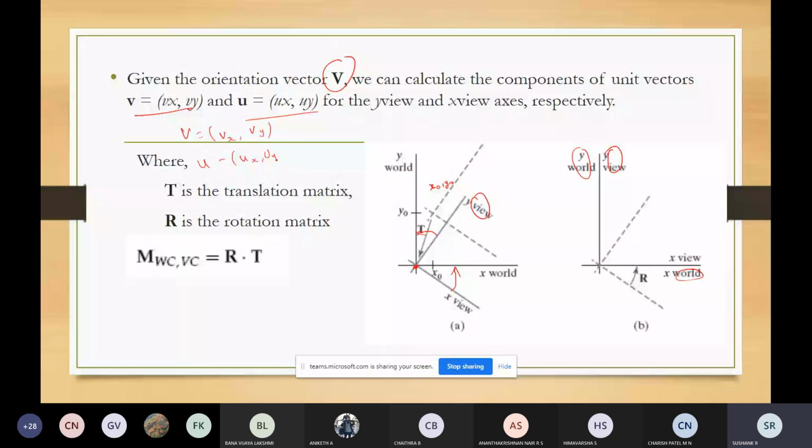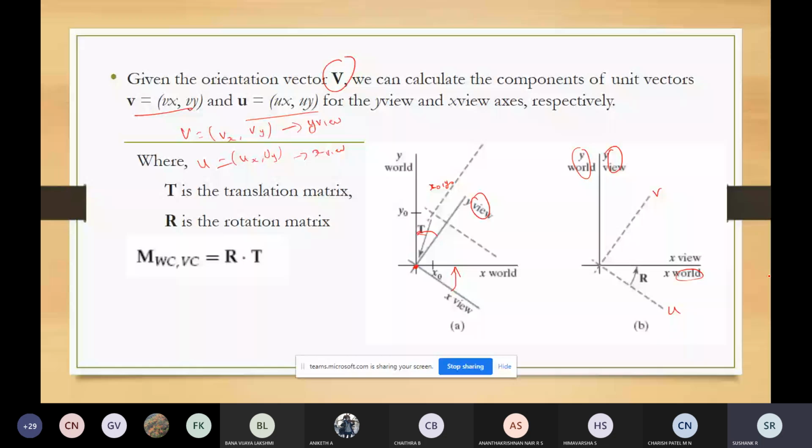This v is for the y view, and u is for the x view axis. So given the orientation vector v, you can calculate the components of unit vectors v and u with respect to the y view axis and x view axis.